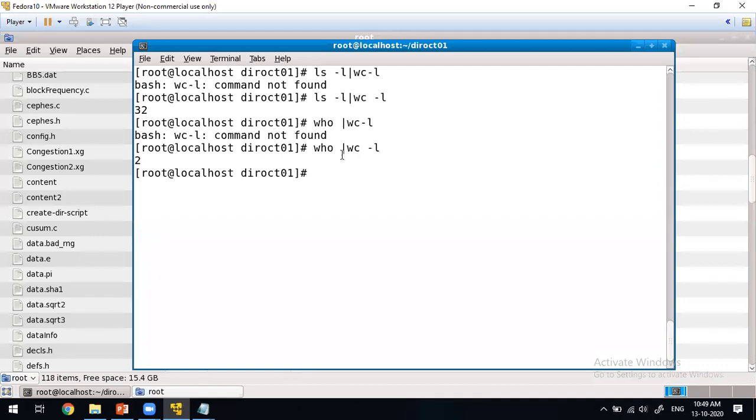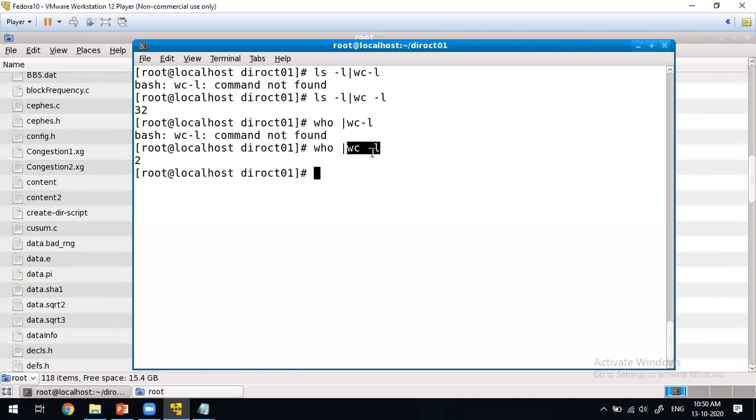Until who gives the output, the wc -l cannot execute. Until it gives the output, this wc -l cannot get the input. This who is going to be executed by the kernel, then it calls the standard output stream, and that is going to be given to the wc -l.